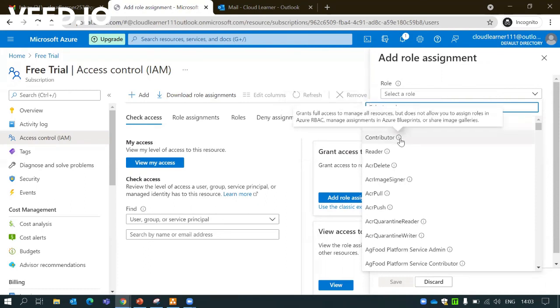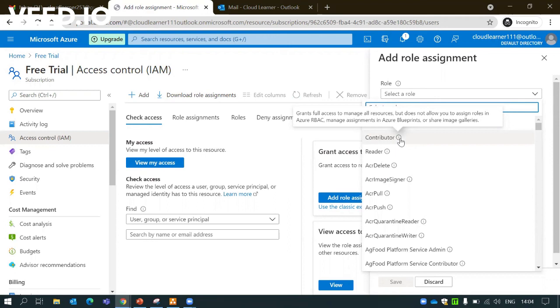If I come to contributor, contributor also has full access to manage all resources, but the contributor role will not allow a user to assign roles to other users. That's the major difference between owner and contributor.